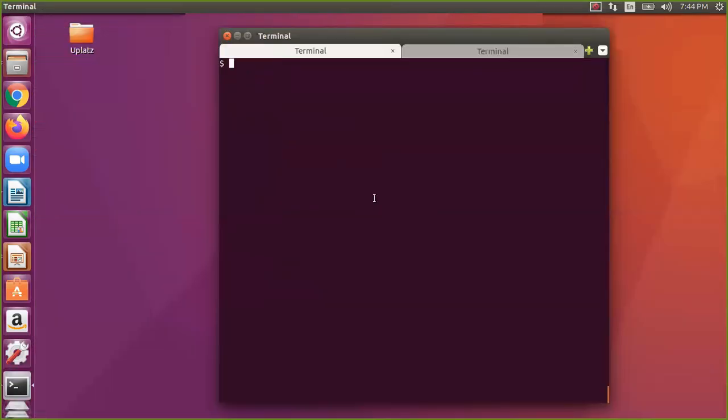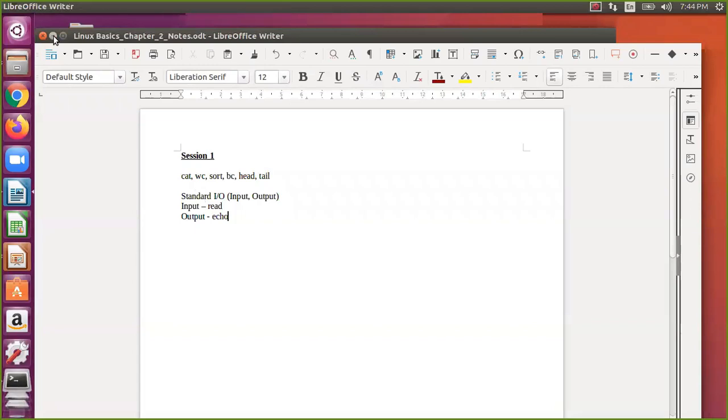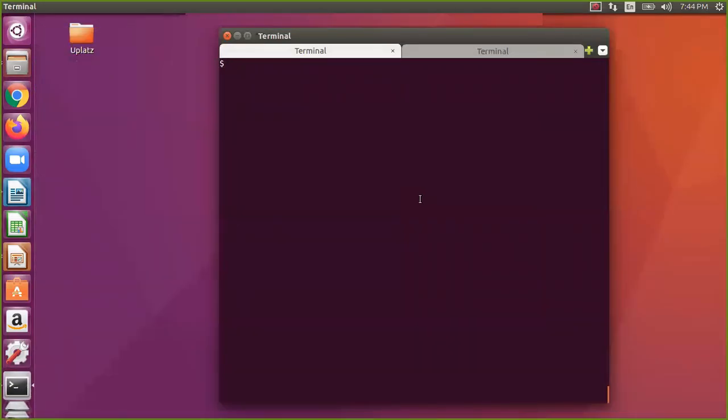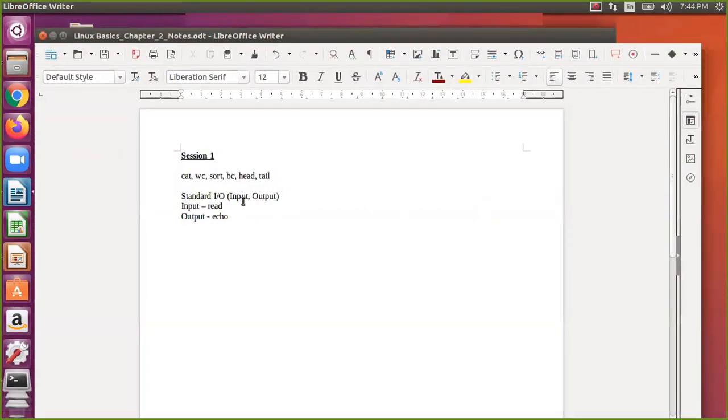Now standard input, standard output, redirection, right? So redirection and pipes. Now we see redirection actually. Okay, it means you are redirecting. Means what? Standard input, standard output. Standard input is user input, that is through the terminal only you are giving, and then standard output is also the screen or terminal. Okay, so whatever you are giving on the terminal, but you don't want it like that actually.